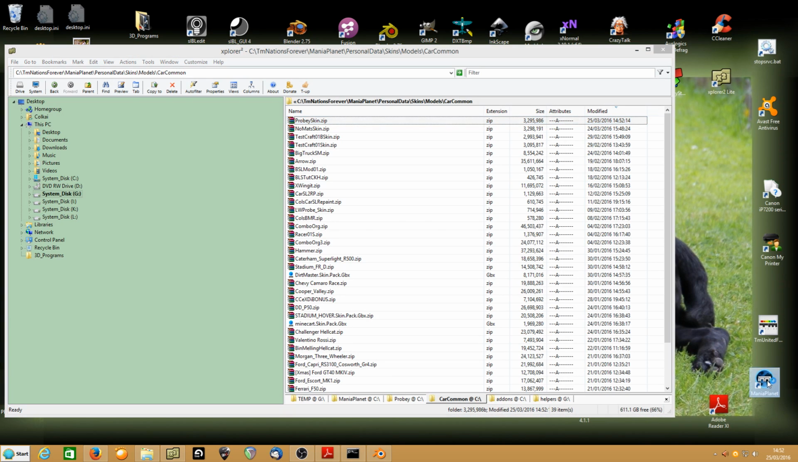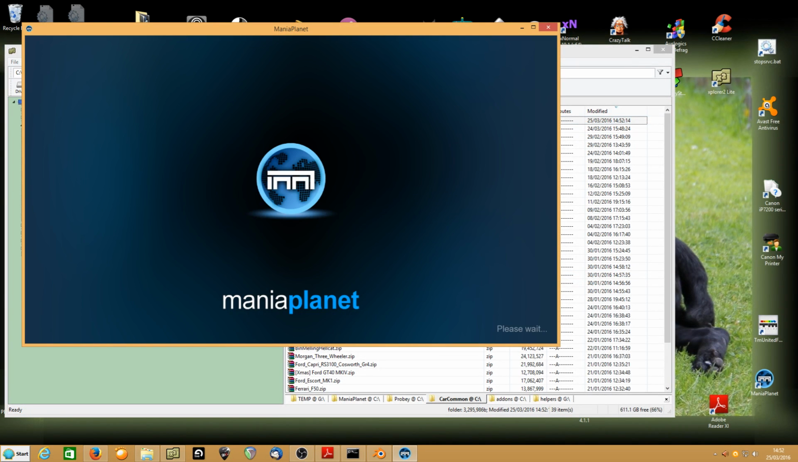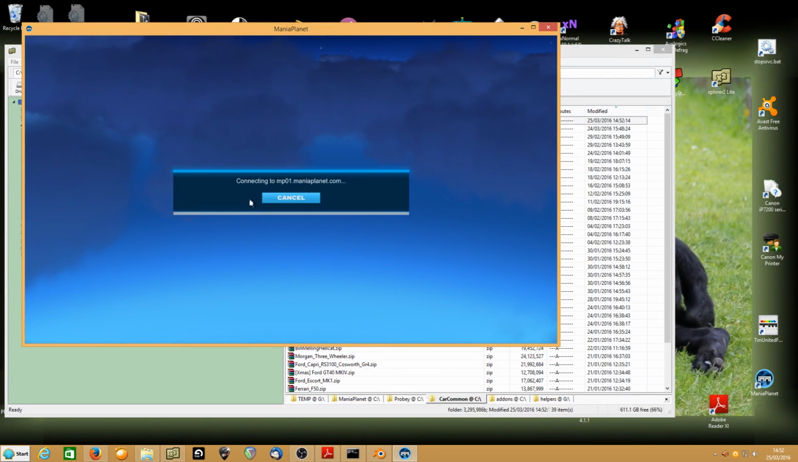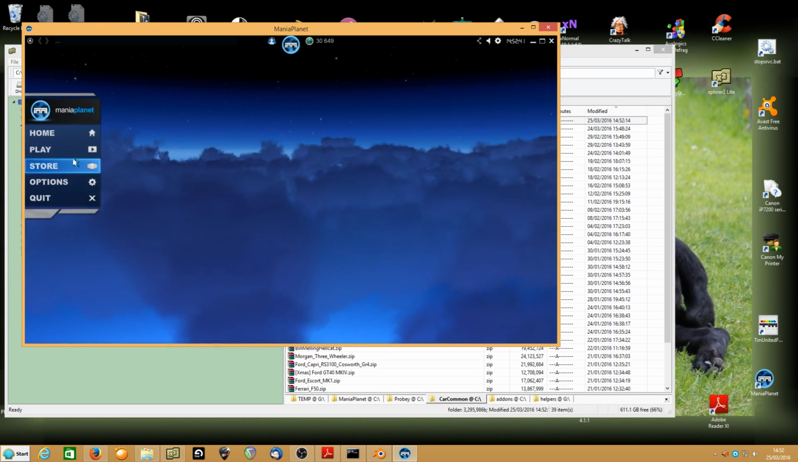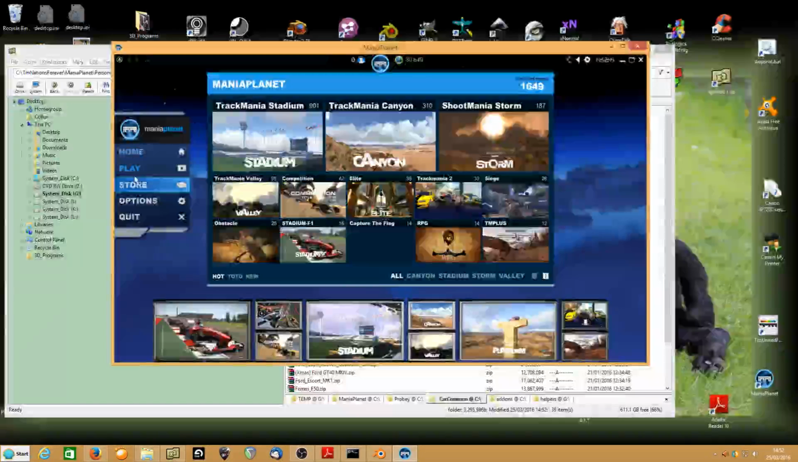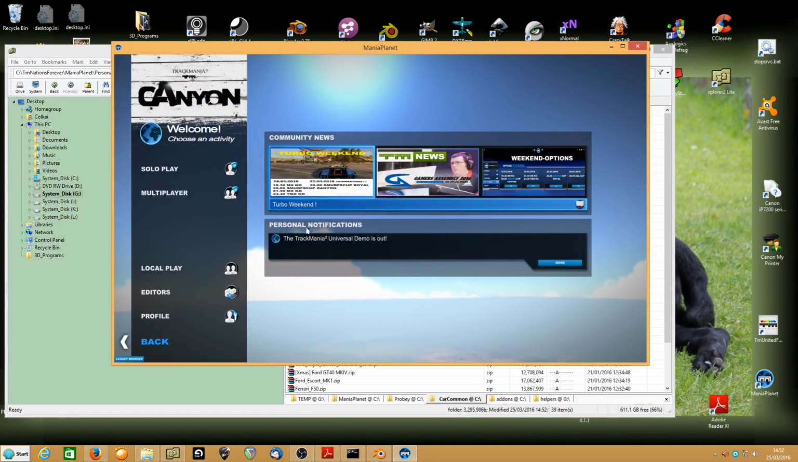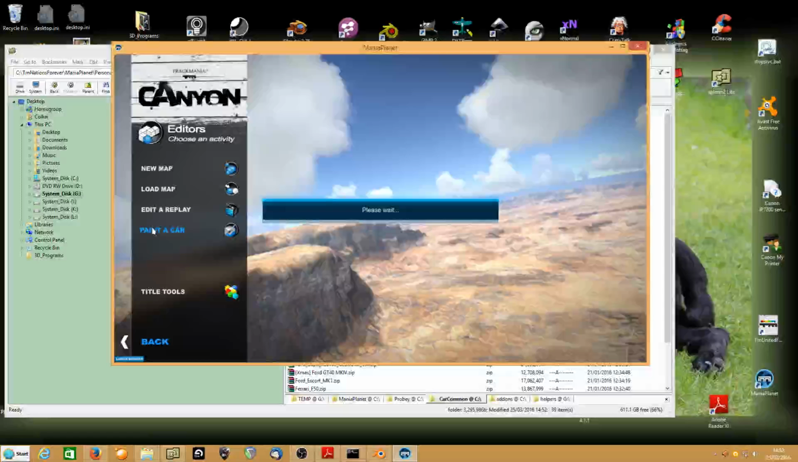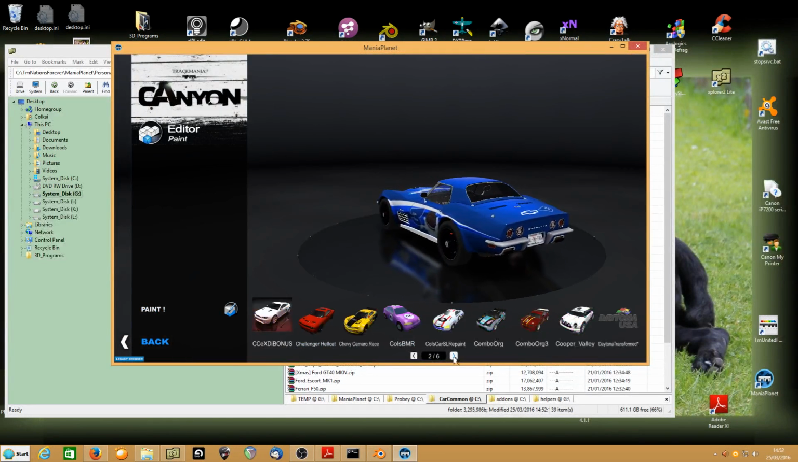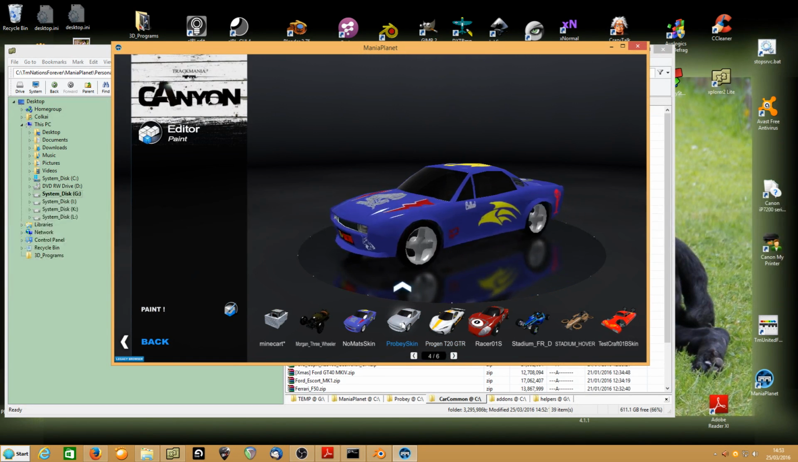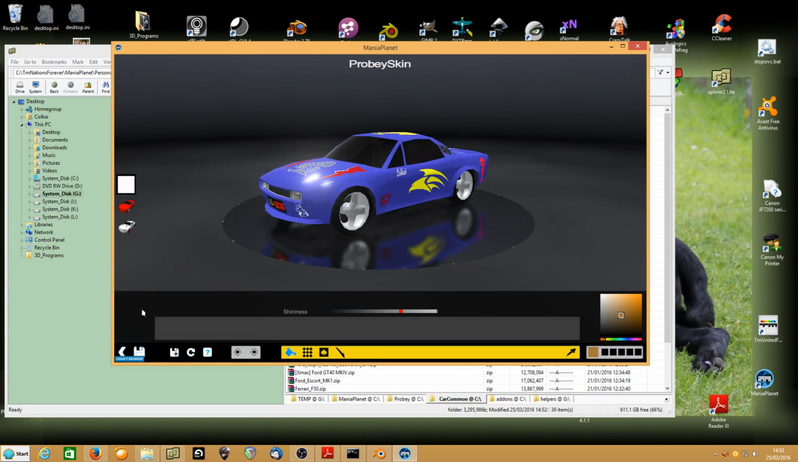Now we go back in the game. Now the reason I come out the game is simple, that it sort of remembers what you'd done previously, so if you move stuff, it gets a bit confusing, so I prefer to just come straight out and then go back in. So if I go back into play now, play, Canyon, just go into the paint a car, Proby skin, paint it, save it,